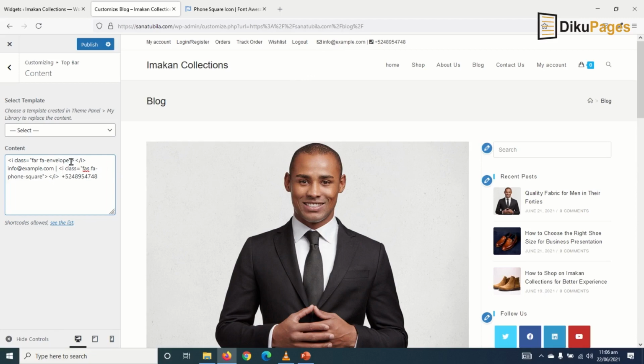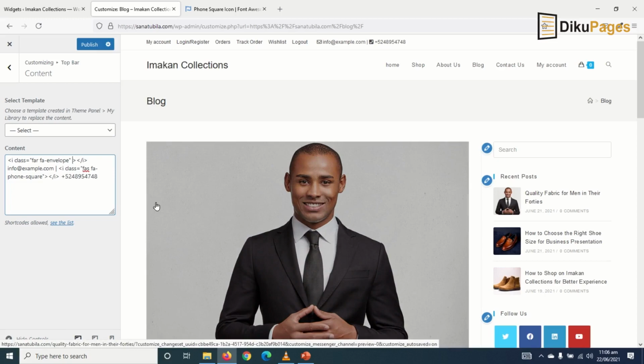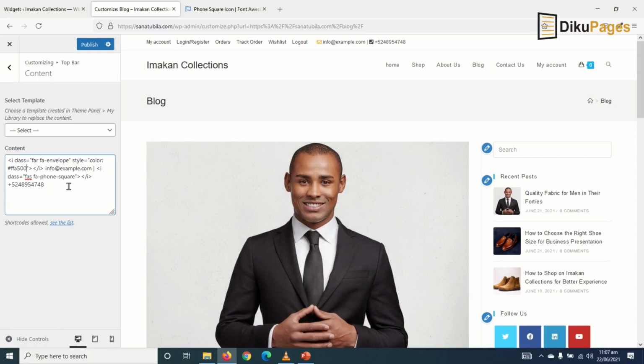So I'll come in here, in between the colon and the greater than sign. I provide space. Then I enter style is equal to, then I bring double inverted commas. Then inside it, I enter color, then colon, space, and I type in my color code. So hashtag FFA500. Okay. So I do the same thing for the phone number. So I can just grab it from here or just copy it. Then I paste it over here. Awesome. I publish it